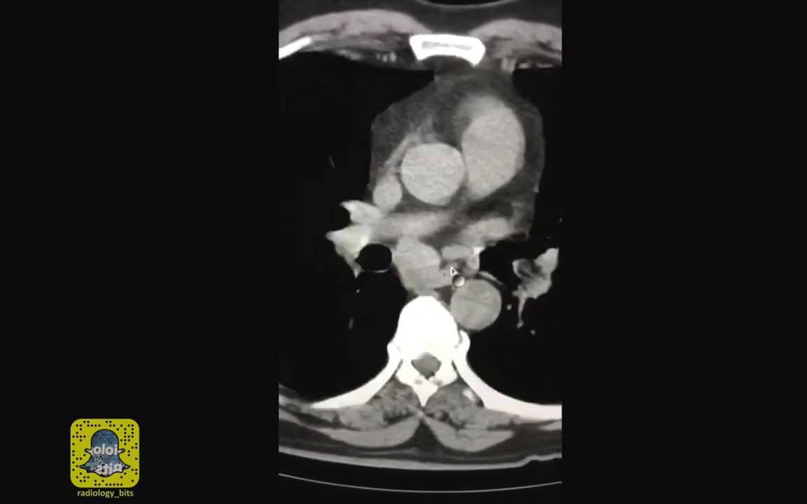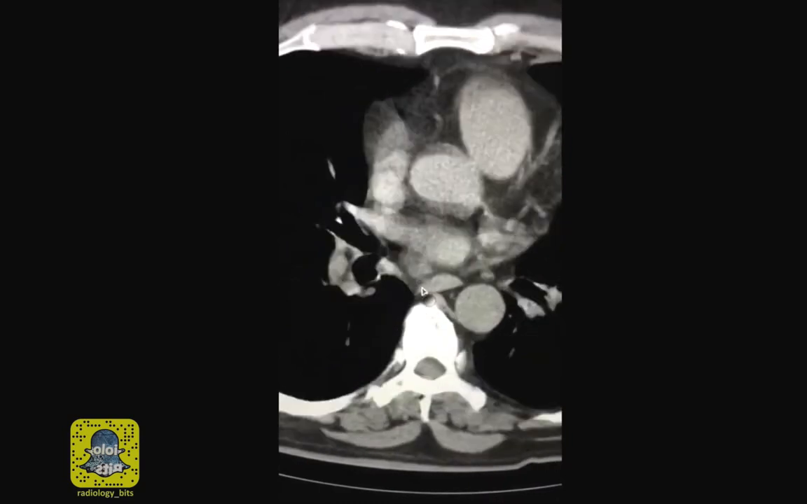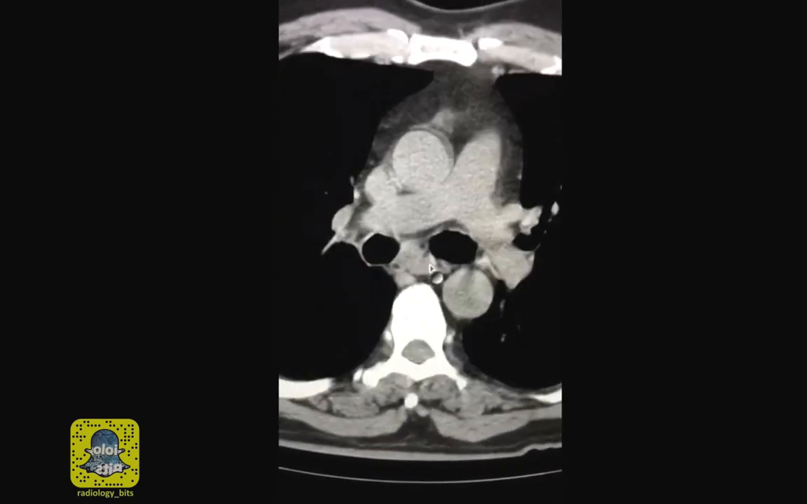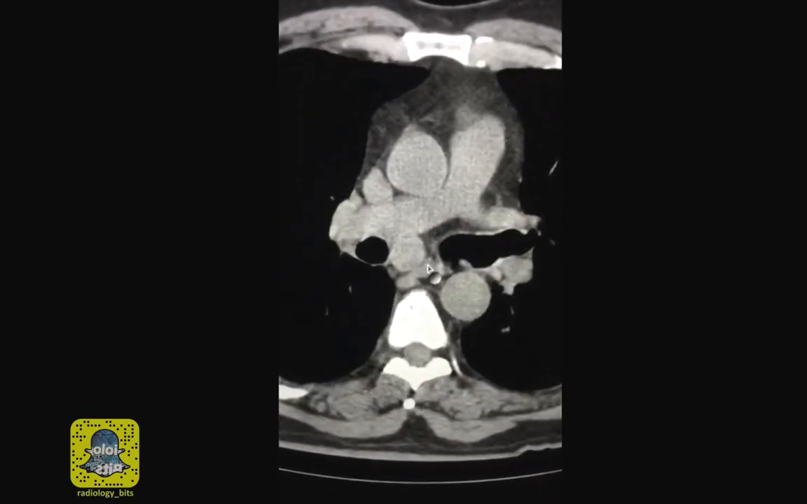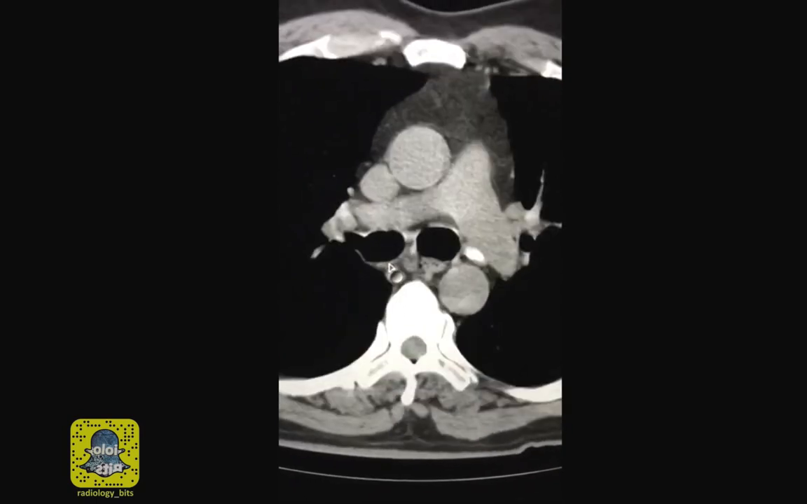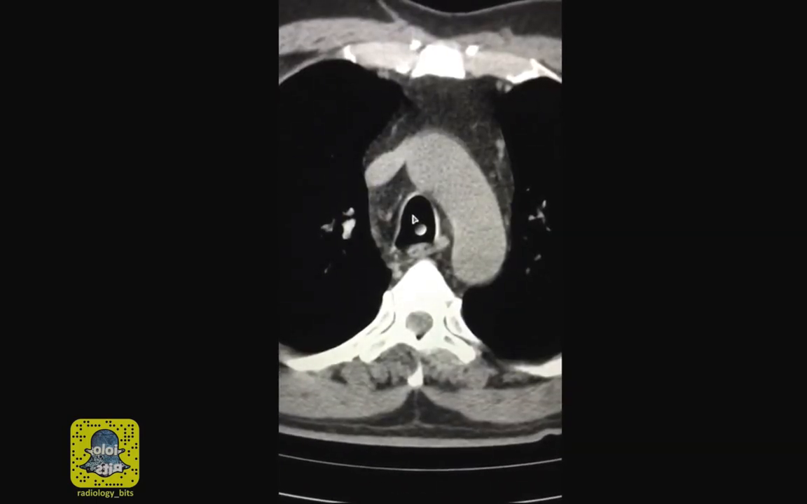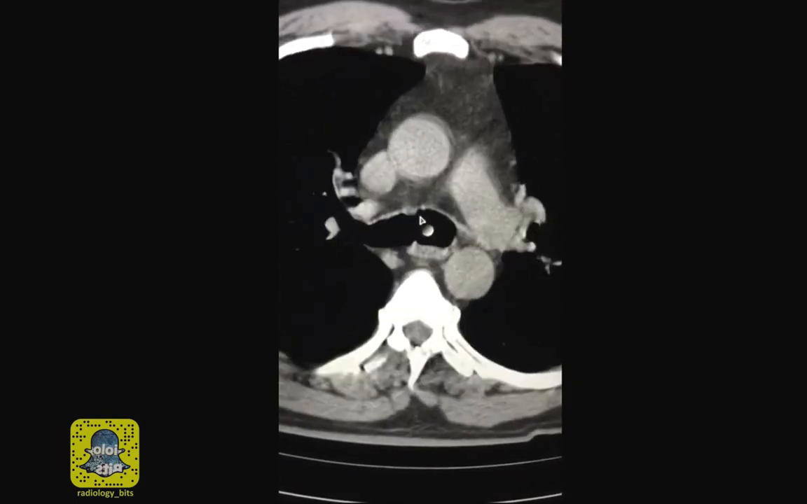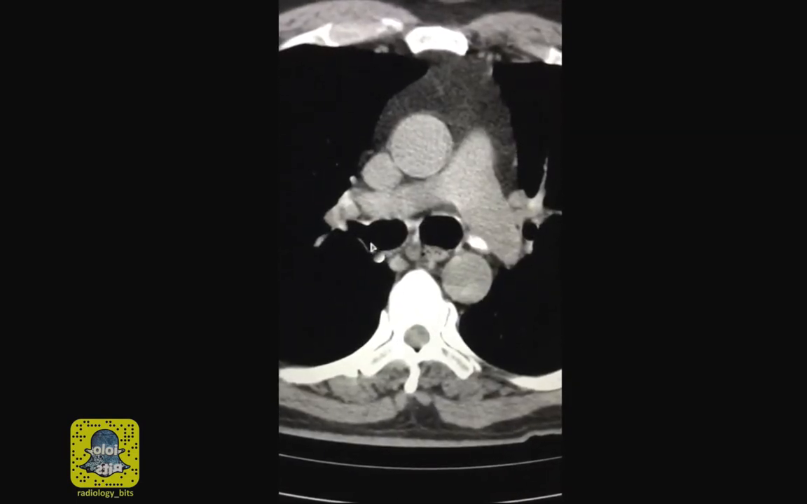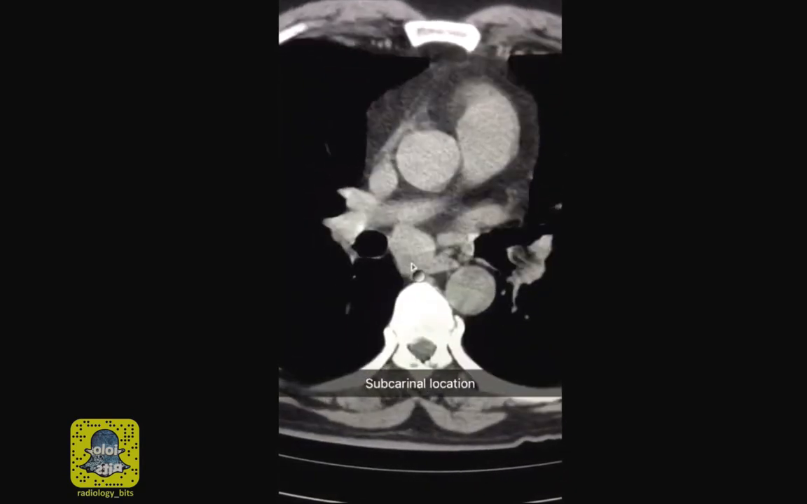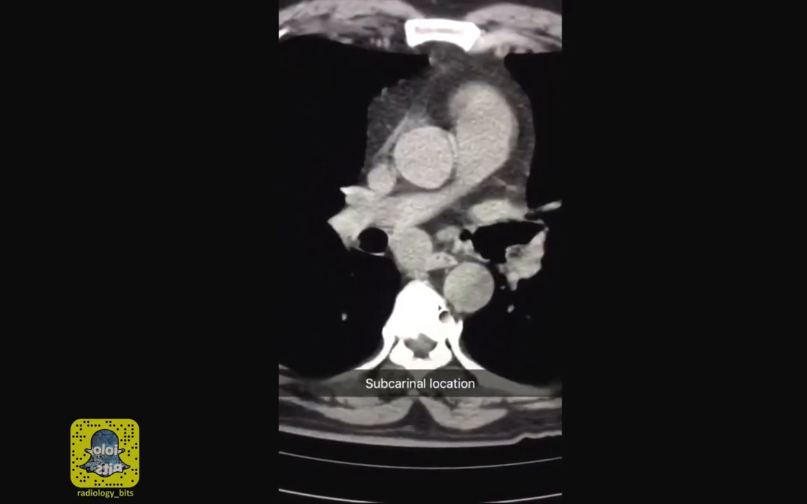Now let's go to the reason I'm showing you this case here. The main finding is this rounded structure. Let's start by the location of this abnormality. It's inside the mediastinum. It's immediately below the carina. Taking this step by step, this is the trachea. This is the bifurcation into the right bronchus and the left main bronchus. And as you see here, the abnormality is below that bifurcation, and this is why we call this a subcarinal